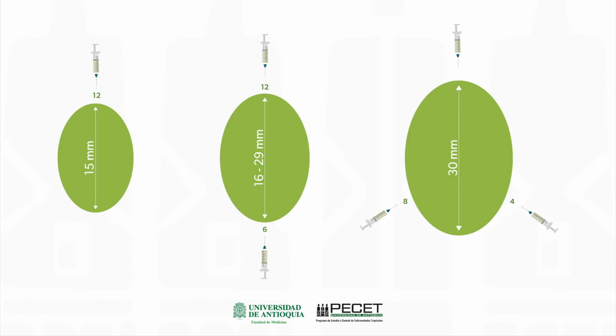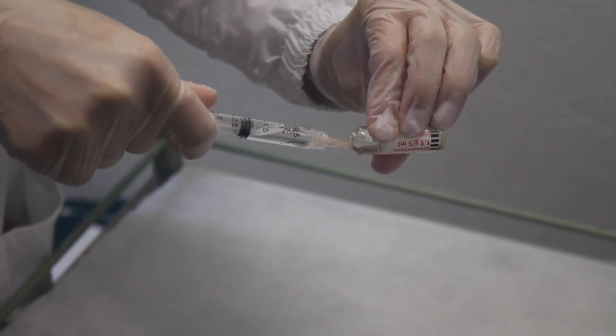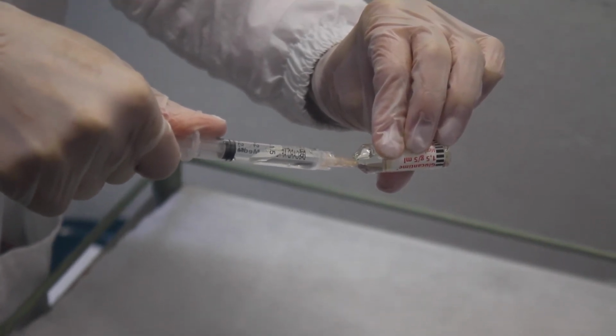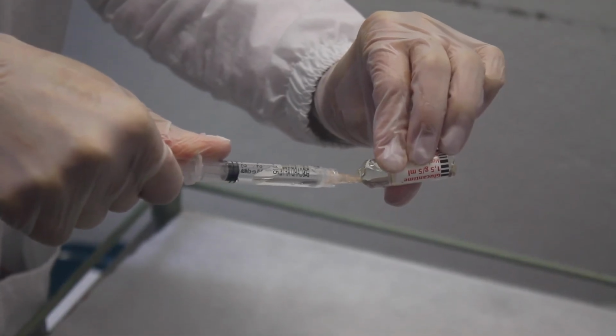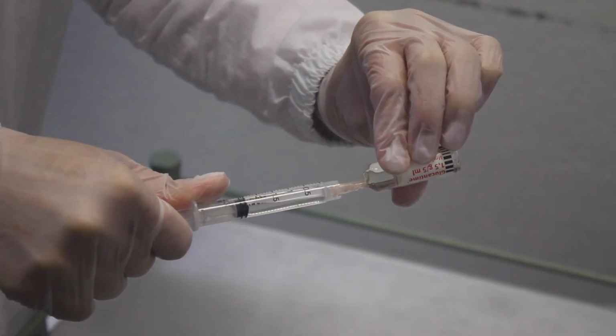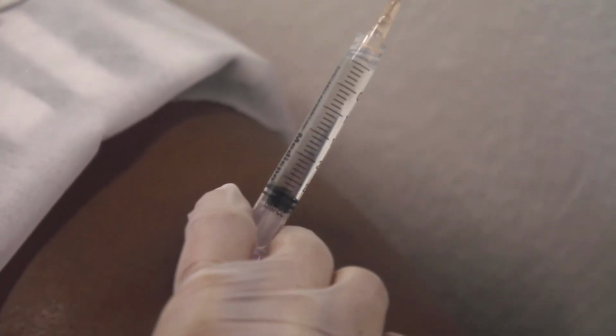In case of 2 or 3 punctures, the volume must be distributed evenly between the punctures. Repeat these steps for each injection site for each lesion to be treated. Aseptically fill the exact amount of the drug into a syringe directly from the meglumine antimoniate ampoule. Preferably use a finer needle, 25 by 7 millimeters or the larger 30 by 8 millimeters. Use a syringe with a threaded connection for the needle, since the resistance found to infiltrate the lesion can be large, which can lead to sudden dislocation of the needle with extravasation of the drug.